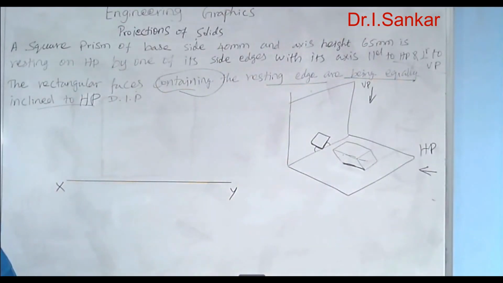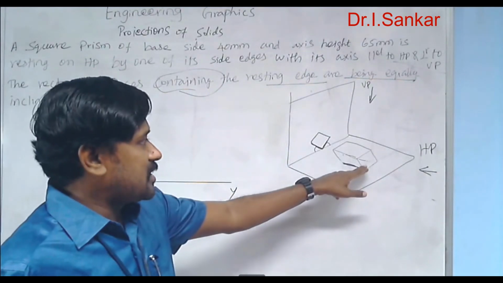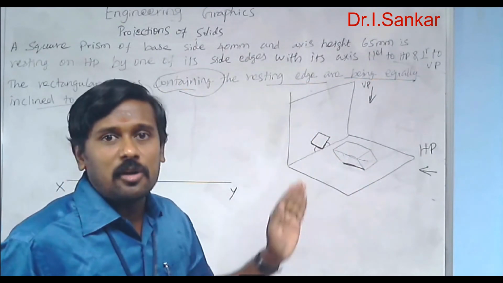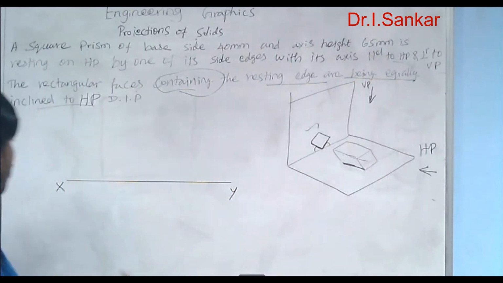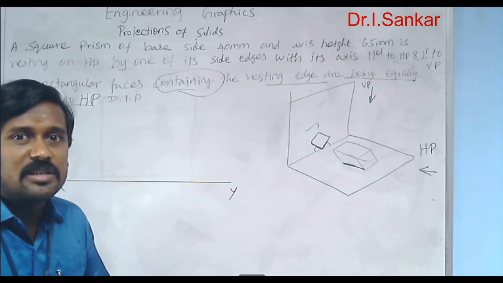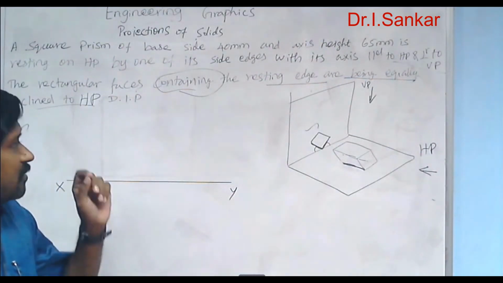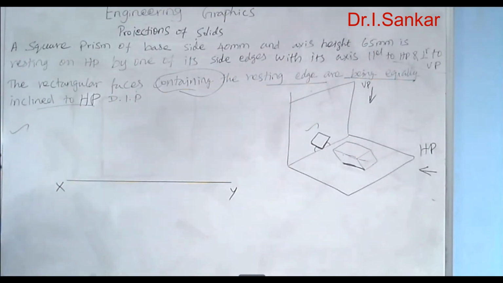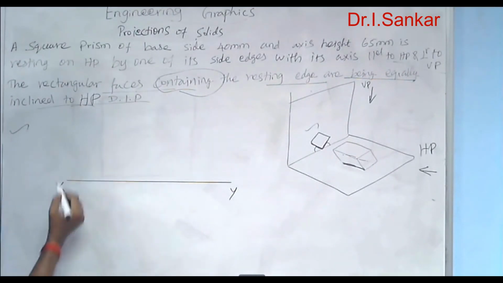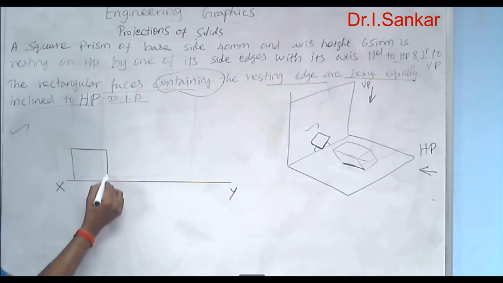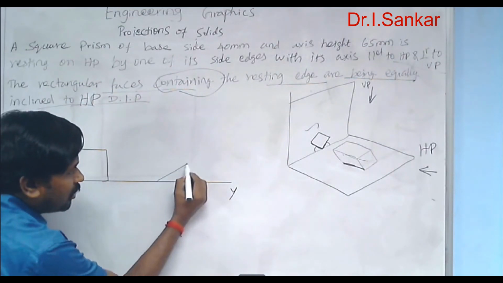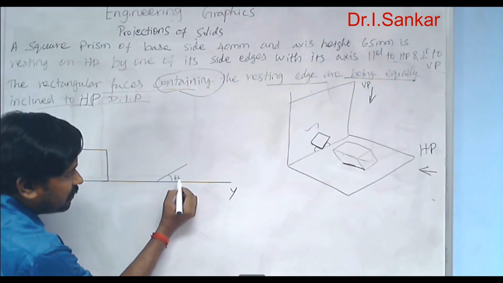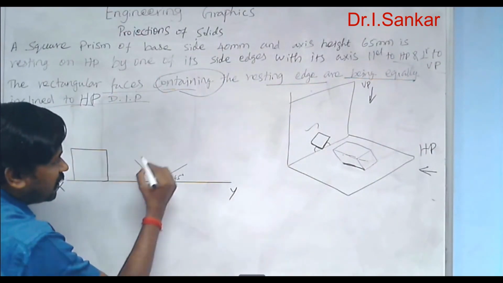So in this question, since the solid axis is parallel to HP and perpendicular to VP, you can see the base view only in the front view. So you need to start your answer from the front view. That is, where should be the base? In the front view only we are going to have the base. And how should be the base? Very important question. You need to draw the square in the way given in the question. You should not draw the square here. The front view not like that. You need to draw the square by maintaining one side as 45 degree here, and then complete the other sides.